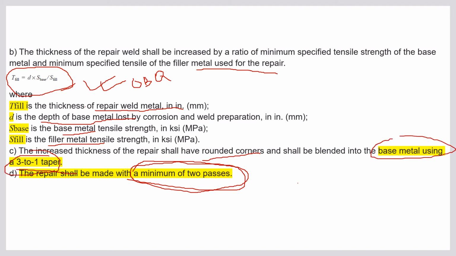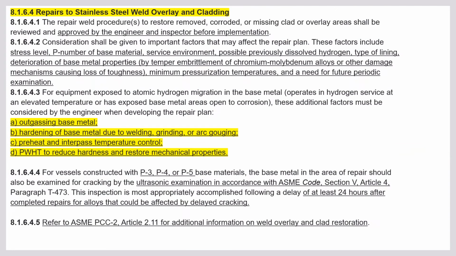All of this we have to read line by line in API 510, because they go to a very minute level and choose those questions. If you do not read line by line, you will miss a lot of questions in the exam, and you have to remember it very clearly. Sometimes it is minimum, sometimes it is equal, sometimes it is maximum, sometimes it is and, sometimes it is or. So we need to remember it very carefully.